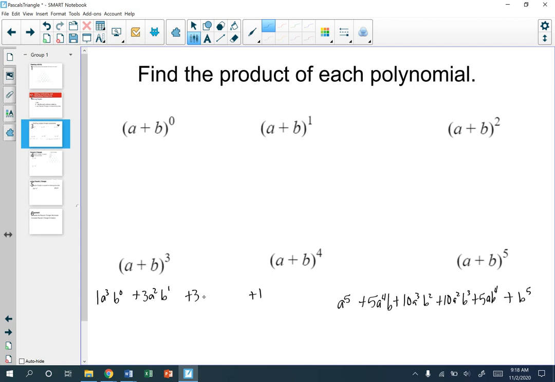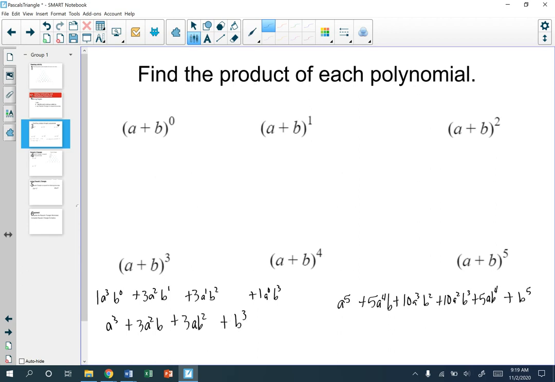So now a turns into a to the 1, and then b turns into b squared, because remember, it always has to add to be that exponent. And then the last one, a to the 0, b to the third. And then we can go ahead and simplify this. So this would simply be a to the third plus 3a squared b plus 3ab squared